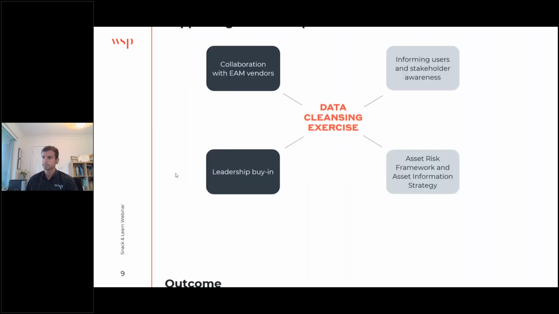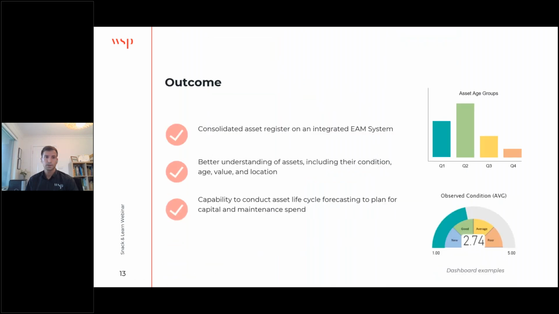Through this program, first off, the port was able to establish a consolidated asset register on the EAM system that encapsulated all their various asset classes. Assets were named and clearly labelled, with photos attached and mapped through their GIS coordinates. Being able to visually see where your assets are and have that context instead of just a line of numbers really brings to life your organisation and its assets.